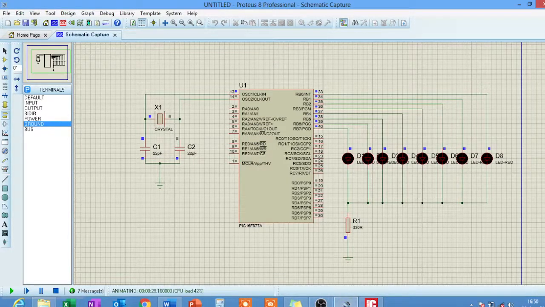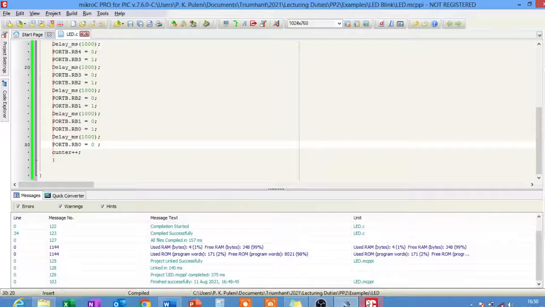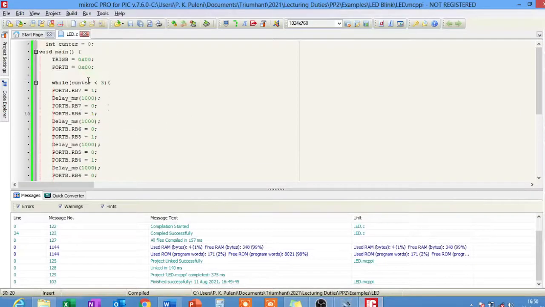It doesn't continue anymore because our counter has now reached 3, so it's no longer less than 3 according to this condition here, because we said it will only do this while the value of counter is less than 3. So once it reaches 3, it will evaluate and realize that 3 is not less than 3, so it doesn't repeat anymore. So basically that is how you program a microcontroller in C,